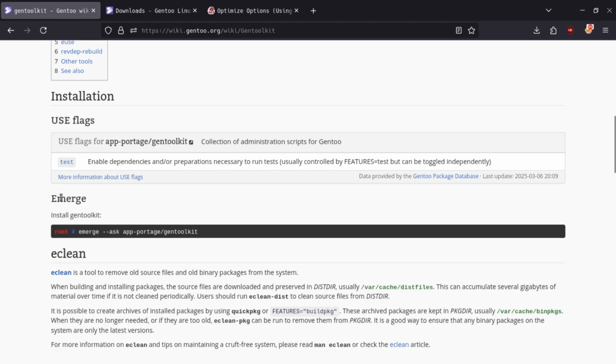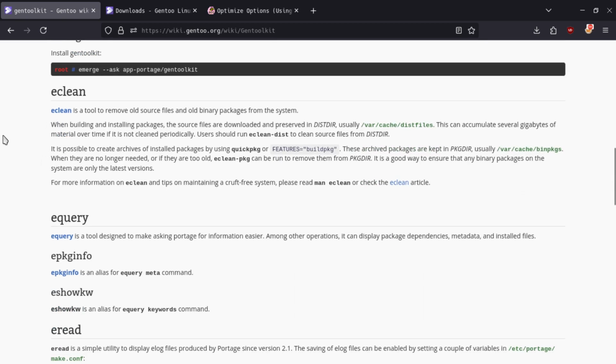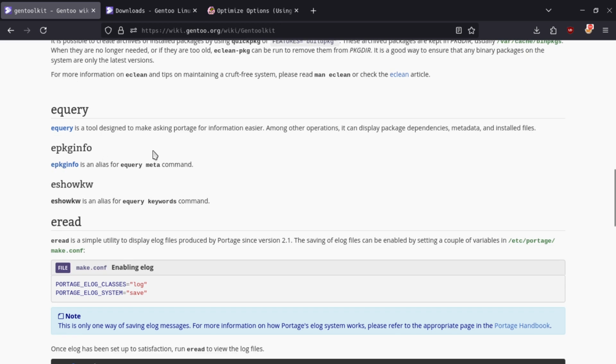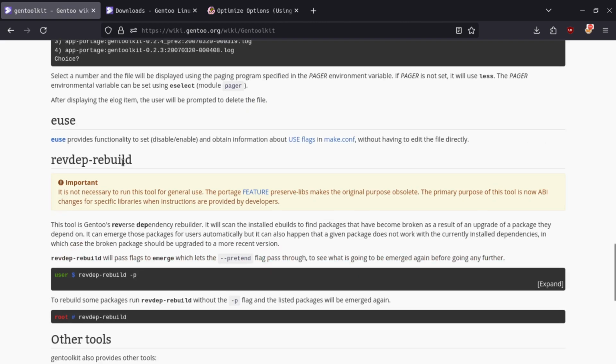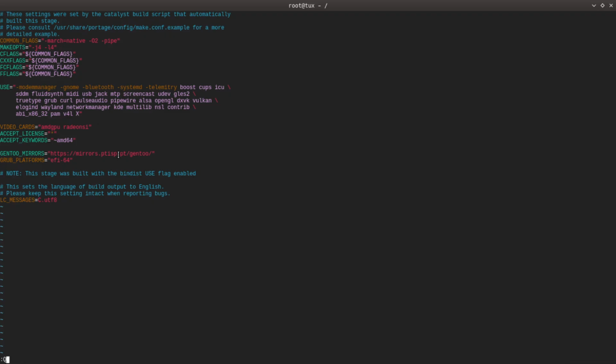So these tools let you better manage your system. So you can remove old sources with eclean. You can ask Portage for information about package dependencies, metadata, and files. Package info, whatever this is, eread, and euse. You can use all of these to